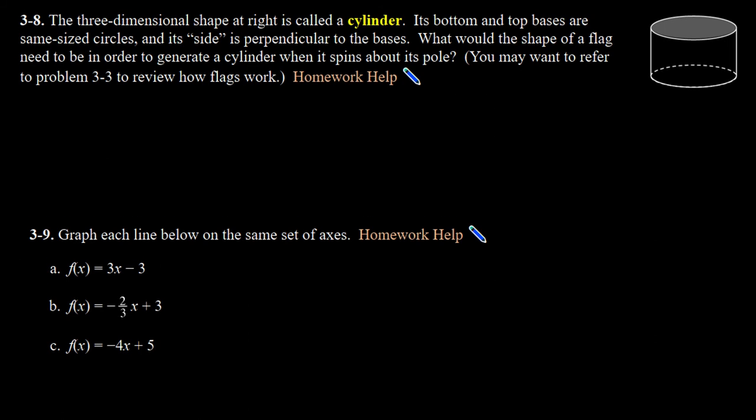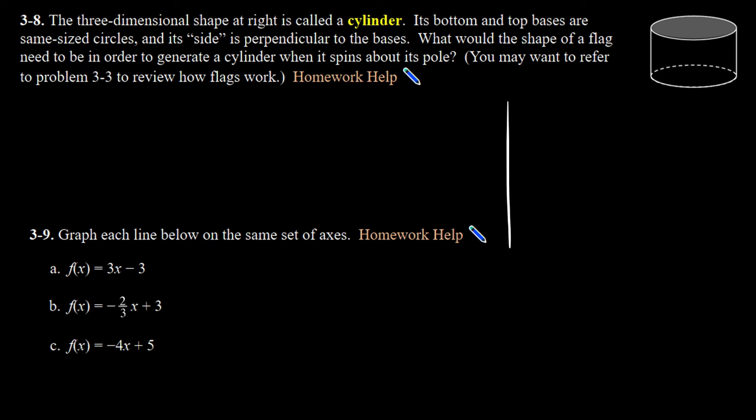Let's start with number 8. It says a three-dimensional shape at right is called a cylinder. Its bottom and top bases are the same size circles, and its "side" is perpendicular to the base. What would the shape of a flag need to be in order to generate a cylinder when it spins about its pole? You may want to refer to that problem in class with the triangular flag that produced